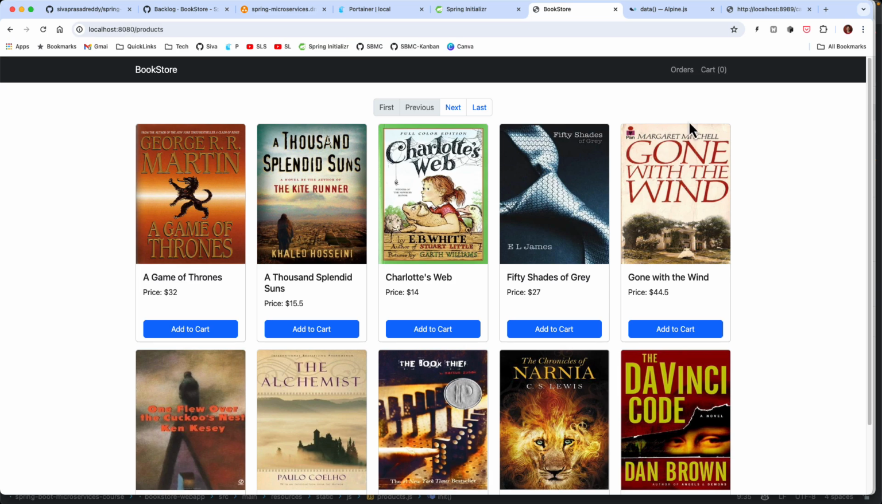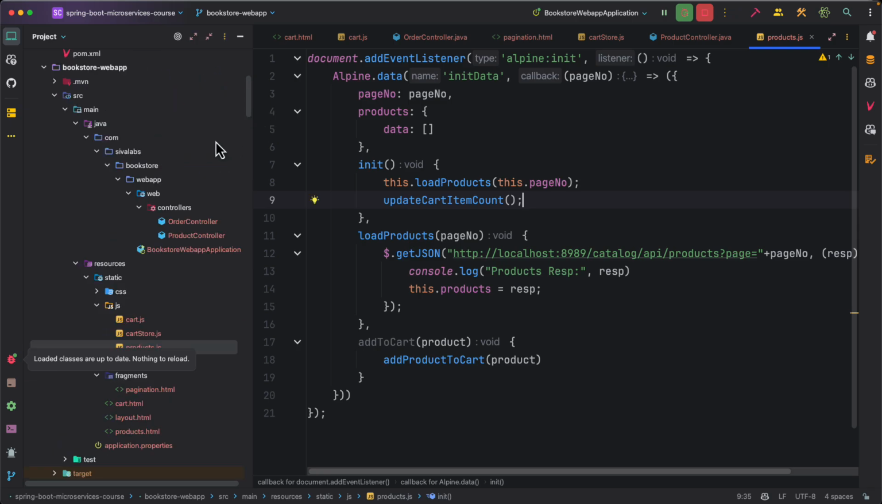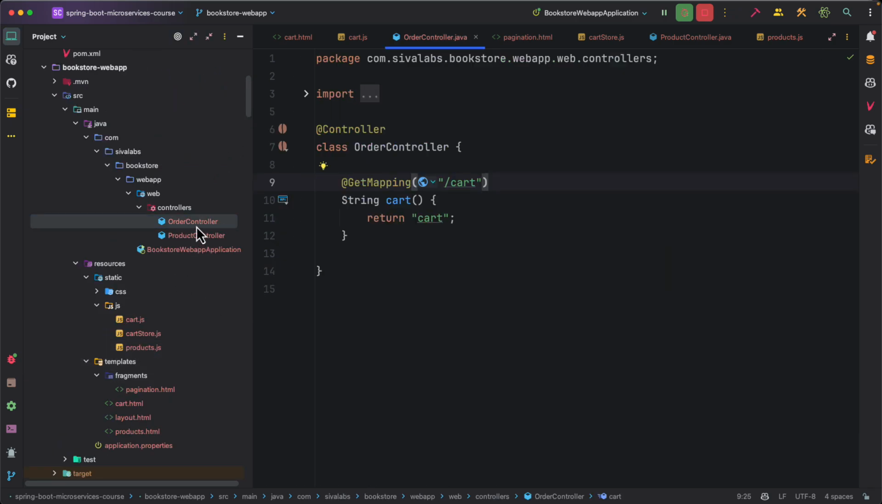Next, let us implement the screen of showing the cart information and being able to place an order. So here, when user click on this link, it is going to take us to the /cart page. So let us start with implementing the controller to handle that. So here I have created another controller next to the product controller. I have created order controller, and it is going to take this get mapping of /cart and trying to simply